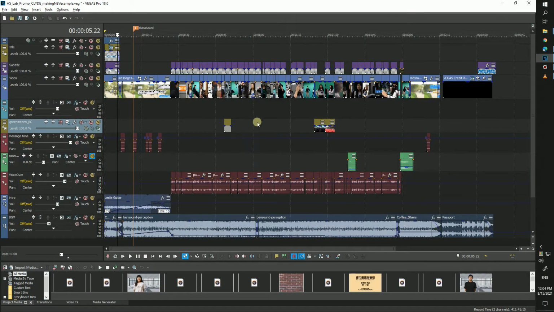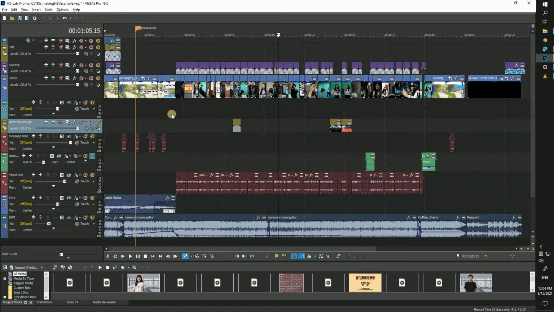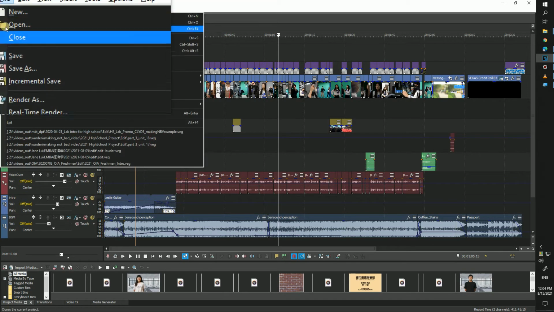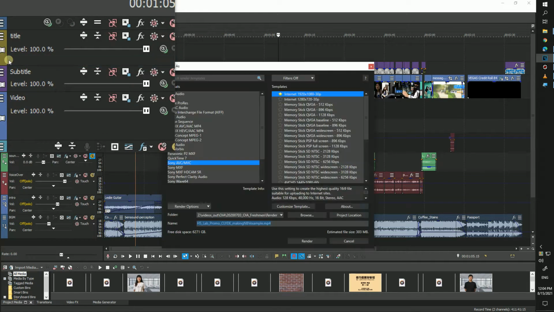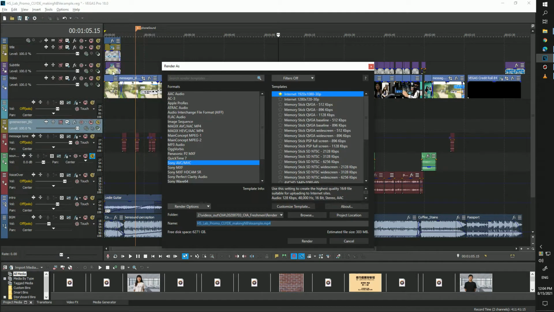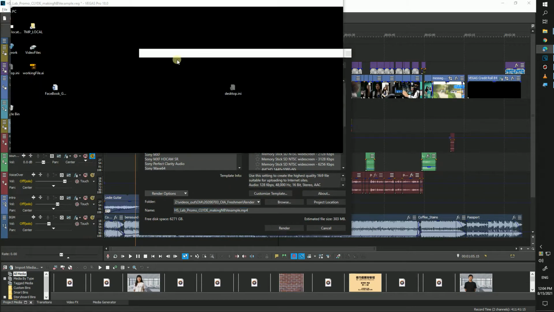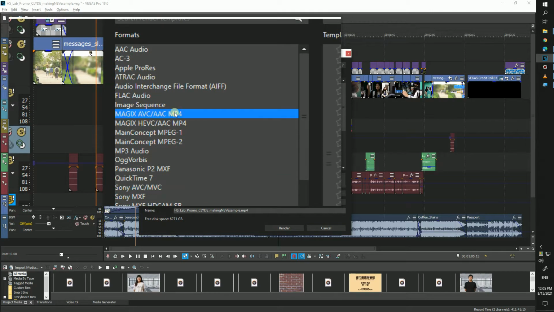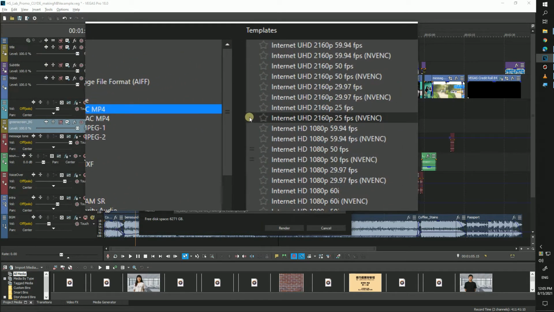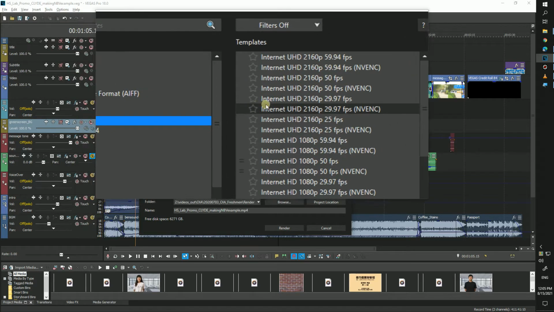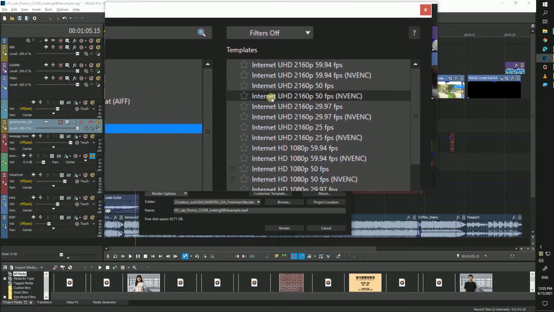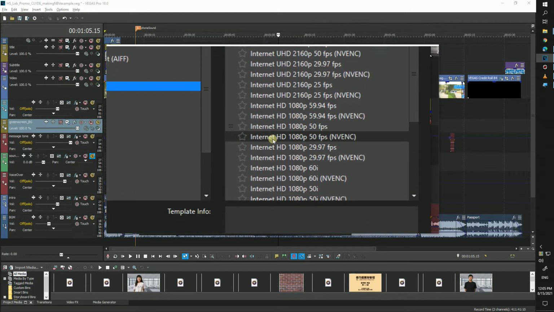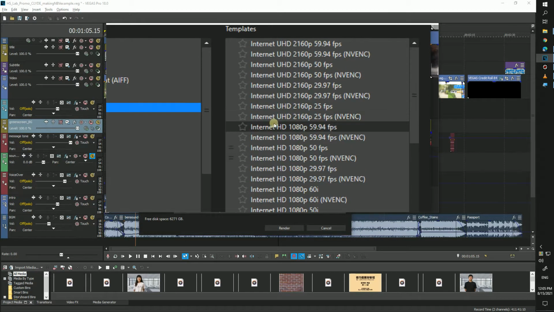First, we have our finished project here in the timeline. What we're going to do now is go up to File and go down to Render As and click on that. A Render Settings pop-up window will appear, showing you the details and settings that you can choose to render your video into. Here, you will have the option to choose your file type, displayed on the left, and within the file type, there are also still many more options to choose from.